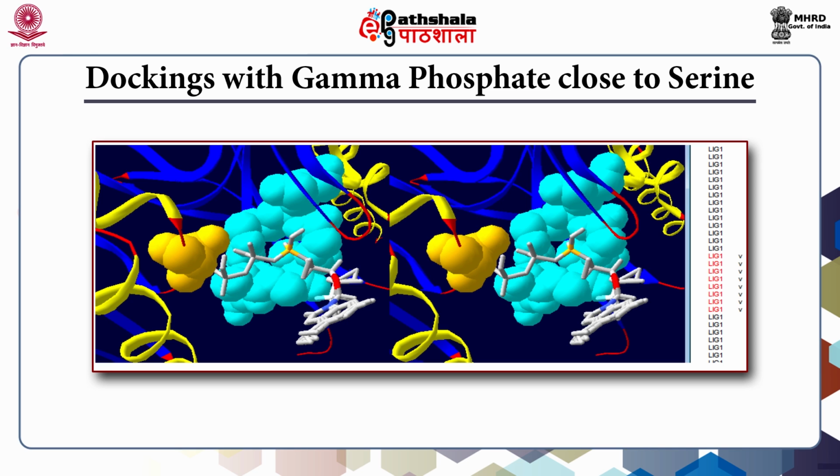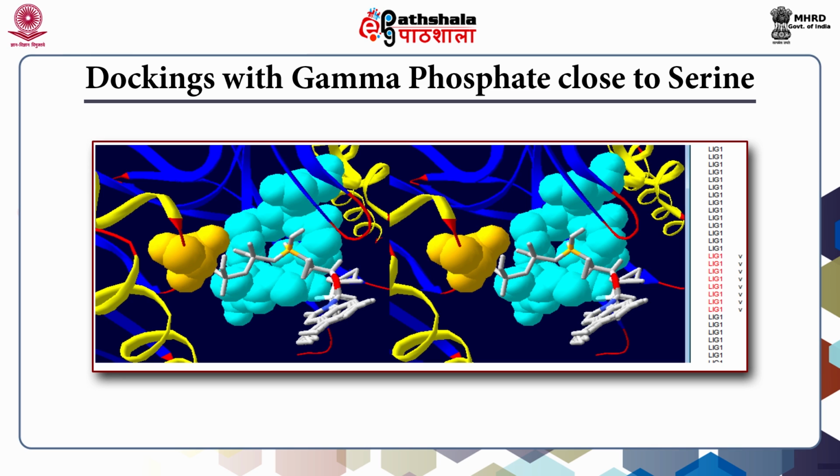Hide backbone of chain H, that is Hpr substrate, and display it as ribbons. Display serine 46 of Hpr as sphere and select color from the color menu as type, that is yellow spheres will appear. Rotate, move and zoom to display 2 substrates, that is serine 46 in Hpr and ATP docked in